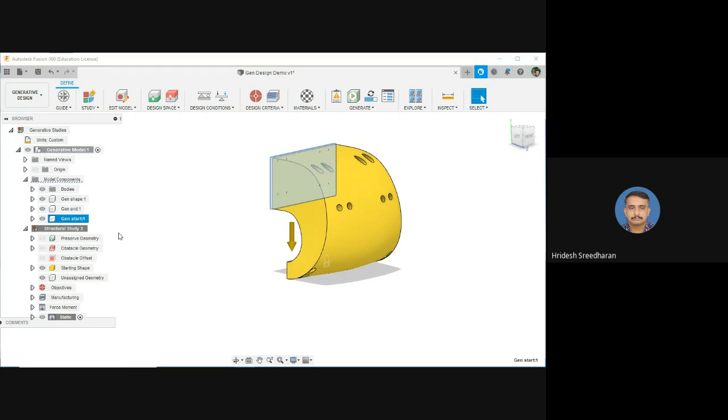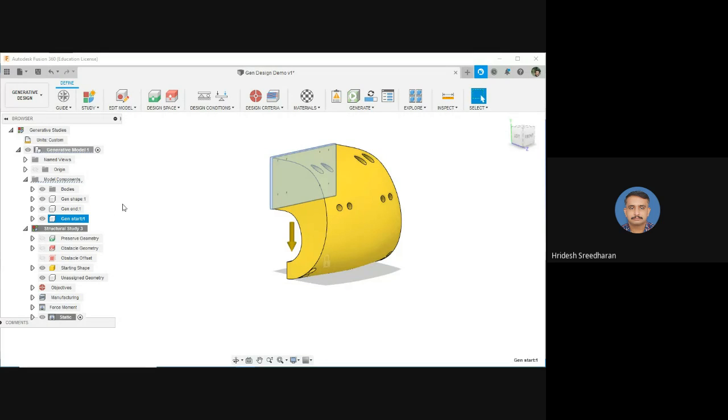The first time you bring your components to generative design, all of your bodies and components will be brought in. This has been deliberately removed, because we don't need that hardware, we don't need that die, the top forming table and fixture are not required, the bottom table is not required. Such things have been removed.